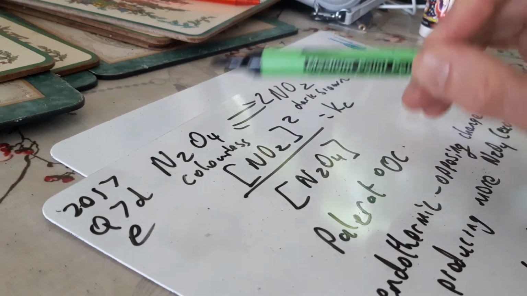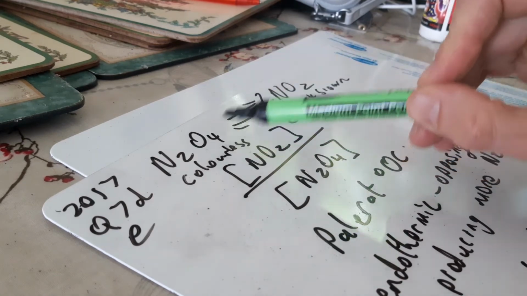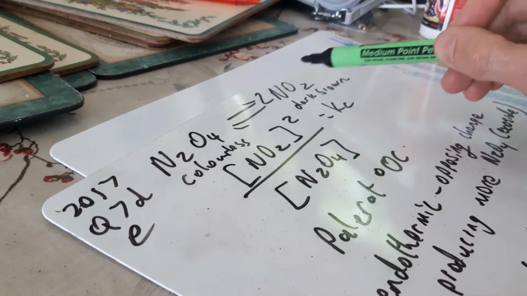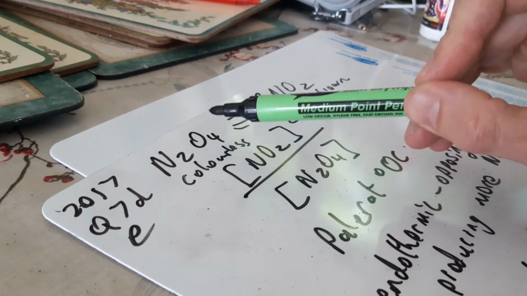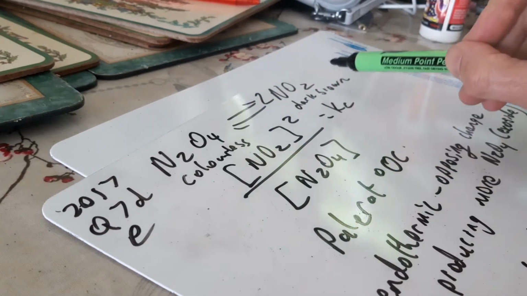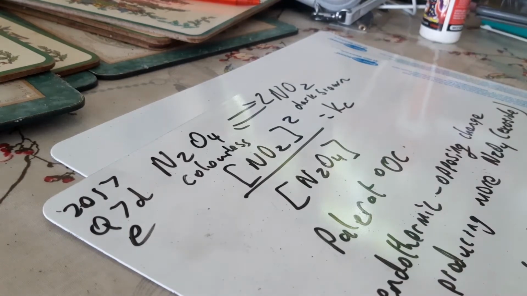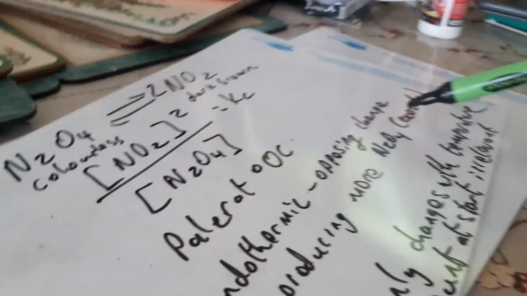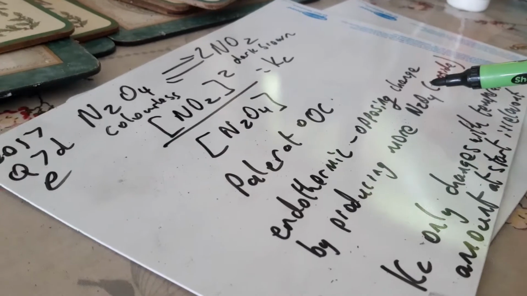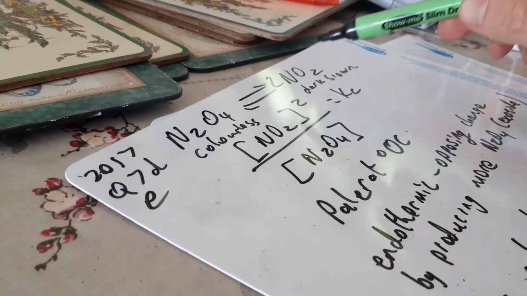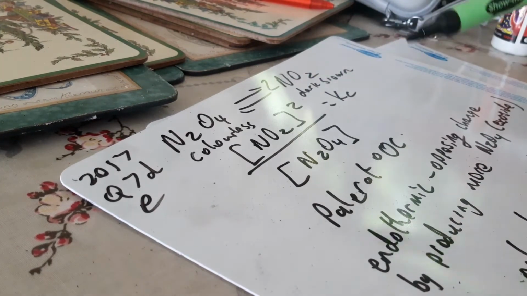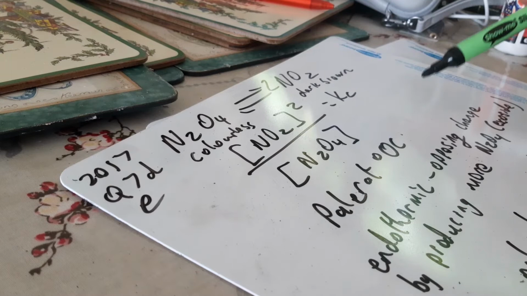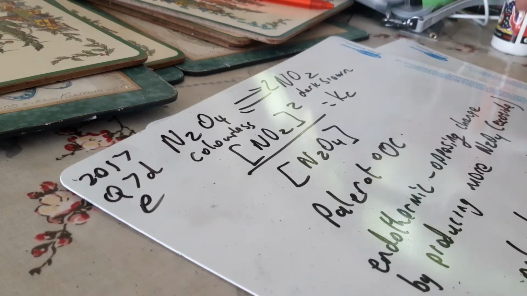Does that make sense? So because we can see that if we cool it down, it gets paler, well, then the getting paler direction must be exothermic to offset that getting cooler change. So the other direction must be endothermic. So it's endothermic and it's opposing the change by producing more of the N2O4, the exo side. All right, so that's all you need to say is that it's endothermic. It's opposing the change that you're making to the system, in this case, with temperature.